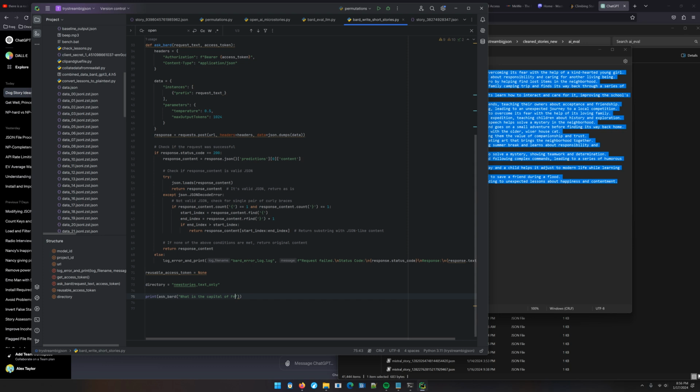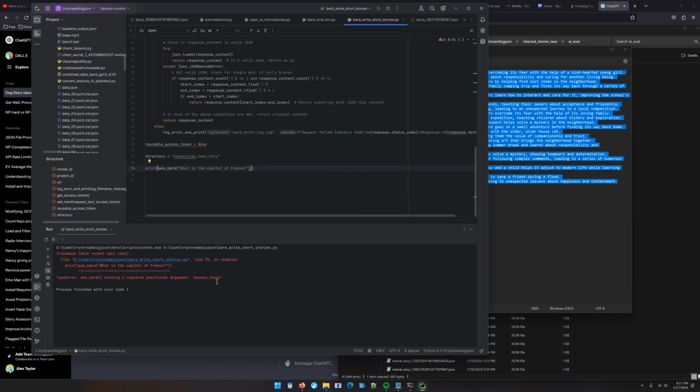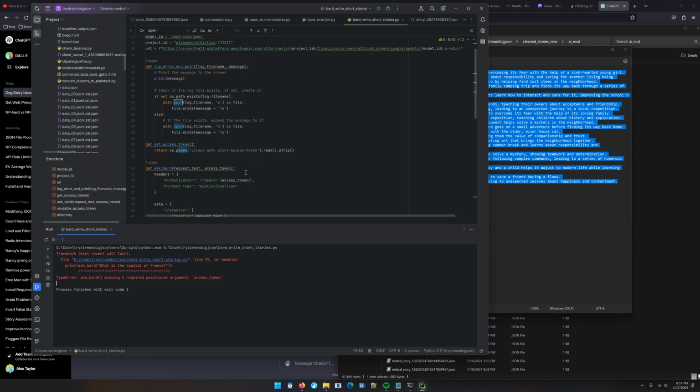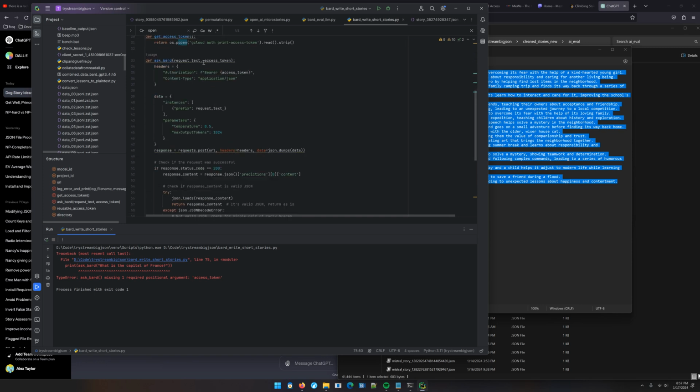What was it auto-filling? What is the capital of... Oh my God. AI is out of control. Okay, let's see if this works here. Ask Bard missing one required positional argument access token, which, if I'm not mistaken, is not...